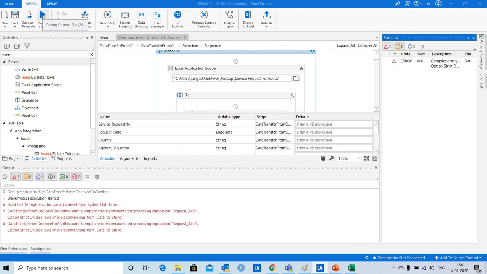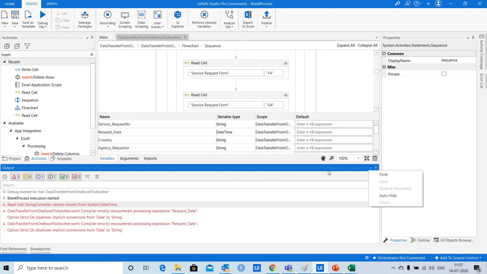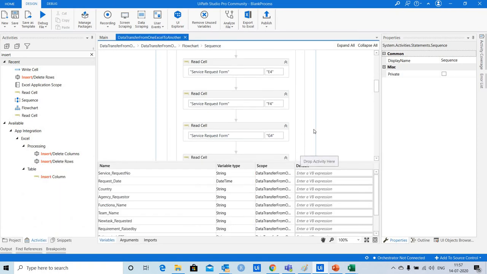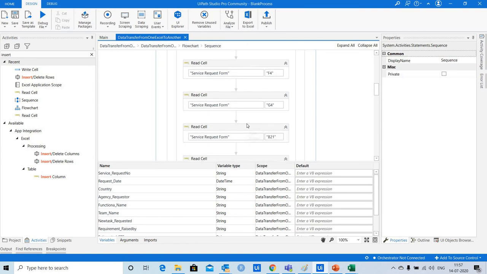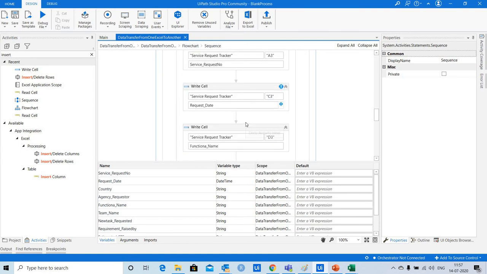Let me debug the file again. So friends, here when we have captured request date as system.date, and then while writing this date to internal service request tracker file, we need to change that variable to string again.